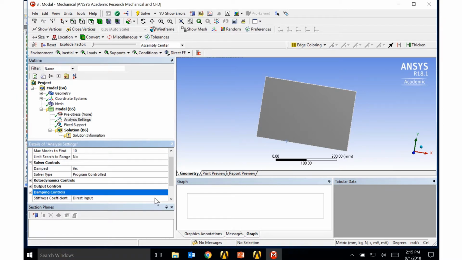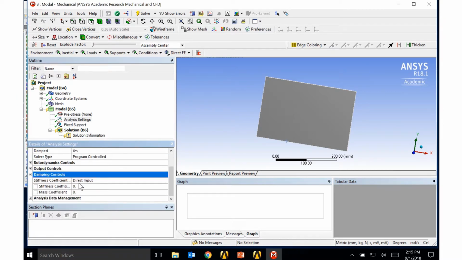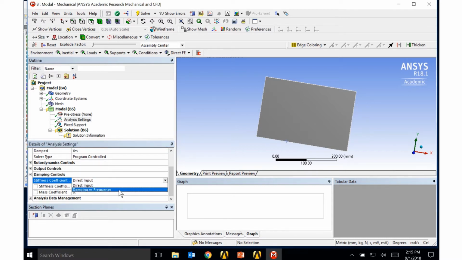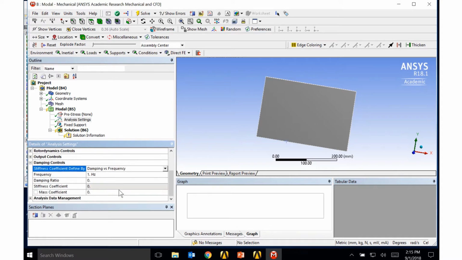my damping controls, and I could input my alpha and my beta for the stiffness and mass coefficients, or instead of using a direct input, I can use the damping versus frequency. And in this case, I enter in a frequency and I enter a damping ratio instead of a damping coefficient. We'll talk more about damping in class, but those are the basics of how you select damping for a modal